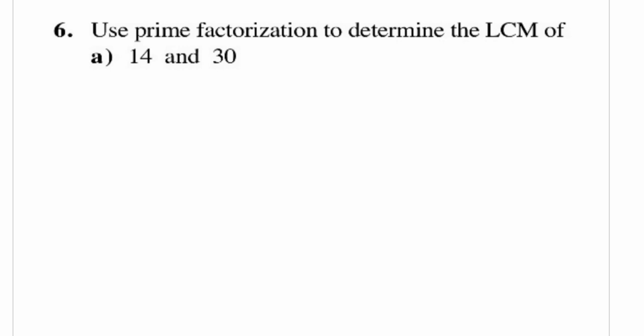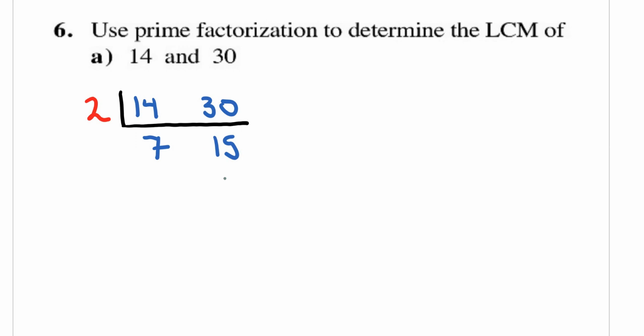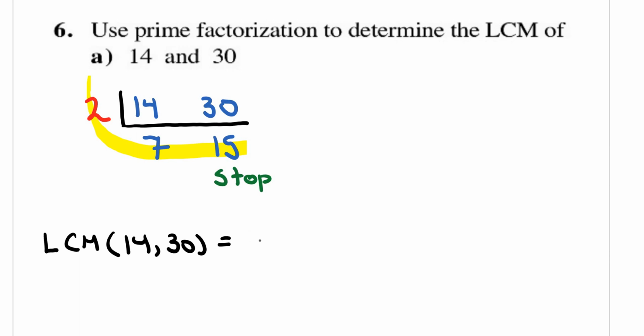Question 6a now. Use prime factorization to determine the least common multiple of 14 and 30. Okay, so now I have my 14, I have my 30. Let's go ahead and just draw a little table here. We have even numbers. Let's just use 2 here. 14 divided by 2 is going to be 7, and 30 divided by 2 is going to be 15. Okay, and this is where I'm going to stop because there's no number that divides both 7 and 15 at the same time. And your least common multiple is pretty much these numbers being multiplied. So the least common multiple of 14 and 30 is equal to 2 times 7 times 15,